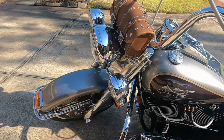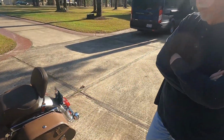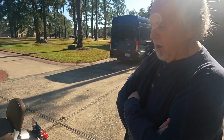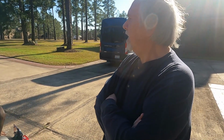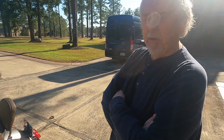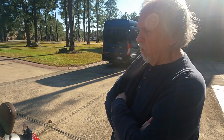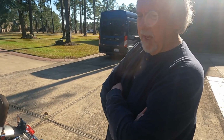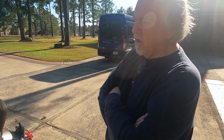Really nice. So you had an interesting story when you purchased this bike. Yeah, I bought it from a Harley shop here in Houston called Mancuso Harley-Davidson. I'd been looking for a bike. I rode when I was younger, and I had an accident, and it didn't hurt me really bad, but it cut me up a pretty good bit. I decided to give it up, and then I got the bug again when I was in my middle 40s, and I started looking for a bike. I went into Mancuso Harley-Davidson, and I thought I wanted a big bike, so I looked at the Road Kings, and I looked at the Glides,